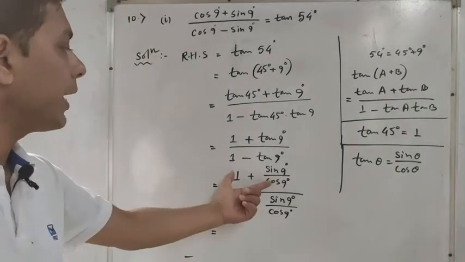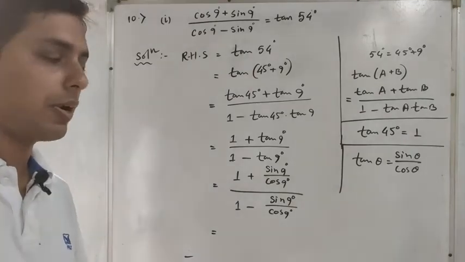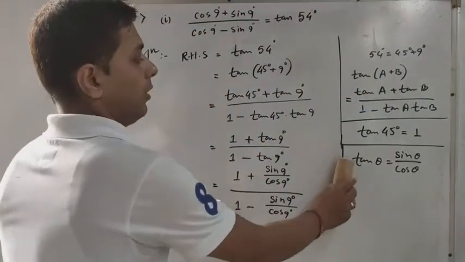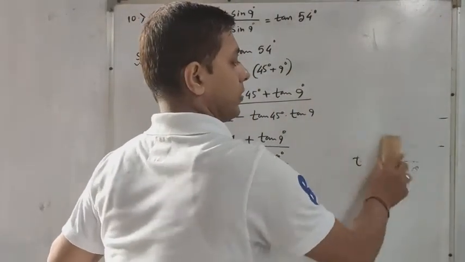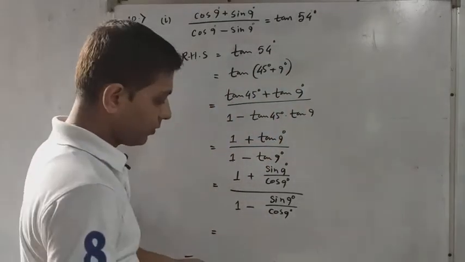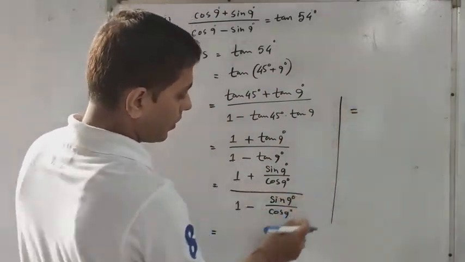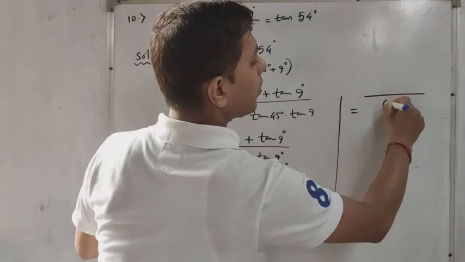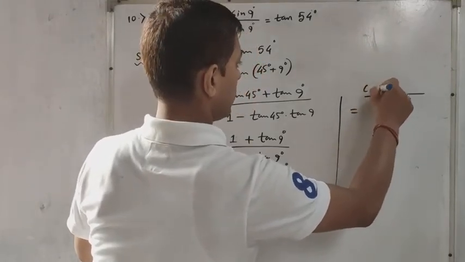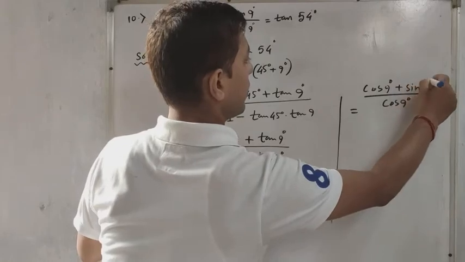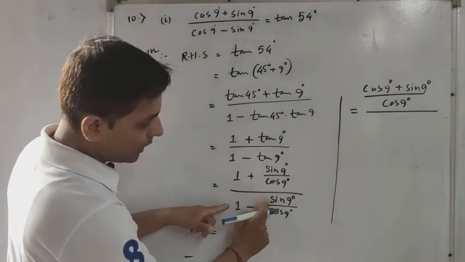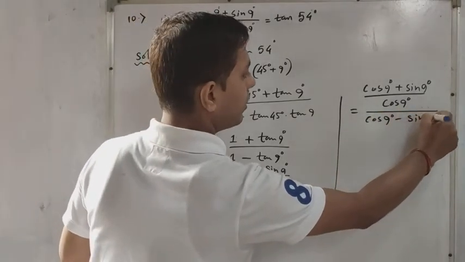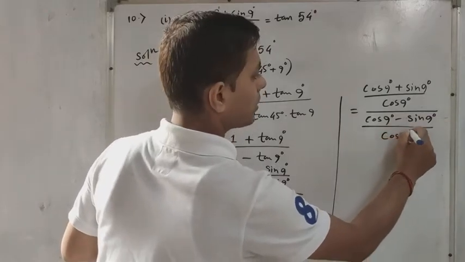Is that okay? Now let us take LCM on the numerator part and the denominator part separately. After that, next is your answer. This LCM part I am going to write this side. Okay, after this what will happen? The numerator part, 1 plus sin 9 by cos 9. If you take LCM, then it will be cos 9 degree plus sin 9 degree, over cos 9 degree. The denominator part, 1 minus sin 9 by cos 9. If you take LCM, then it will be cos 9 degree minus sin 9 degree divided by cos 9 degree.